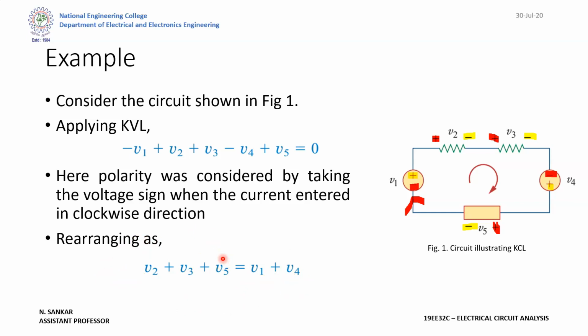So the takeaway from Kirchhoff's voltage law is, first of all, you have to choose the current direction, either clockwise or anti-clockwise. Next, you have to decide whether to take the polarity of the voltage source at the leaving point or entering point. Then just sum up the total voltage sources, and that will give the answer 0.